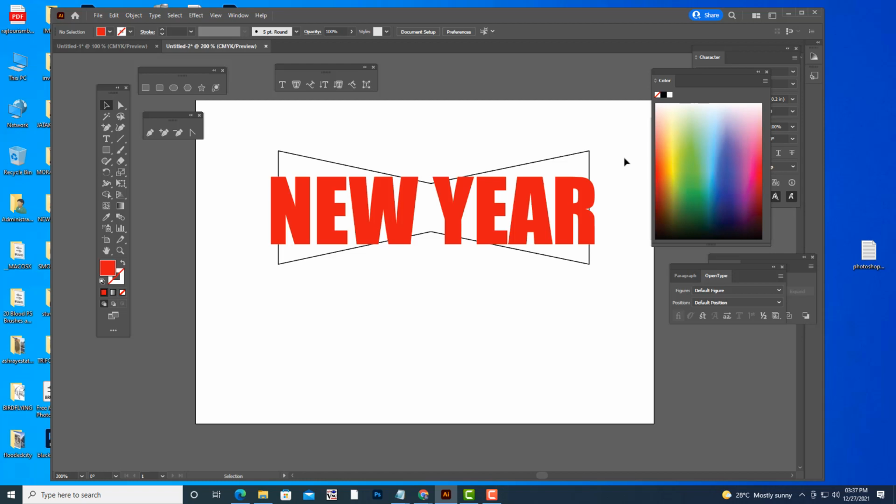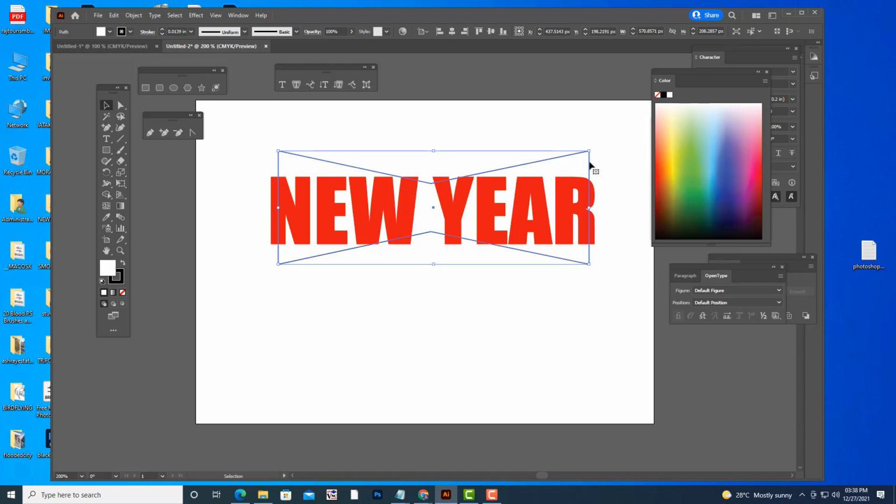This is called envelope distort. So how do we use envelope distort? I am going to keep the shape in front of text. This is very important. This is the main rule. Shape should be in front of text.